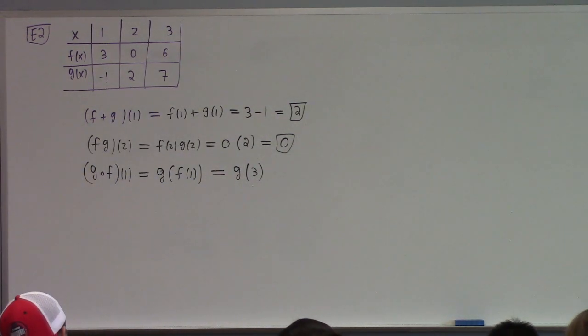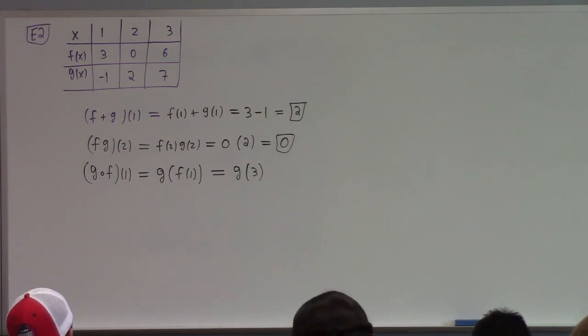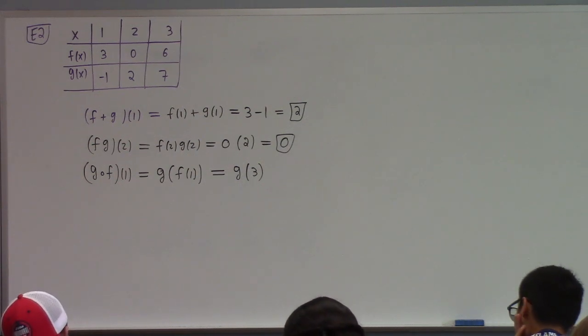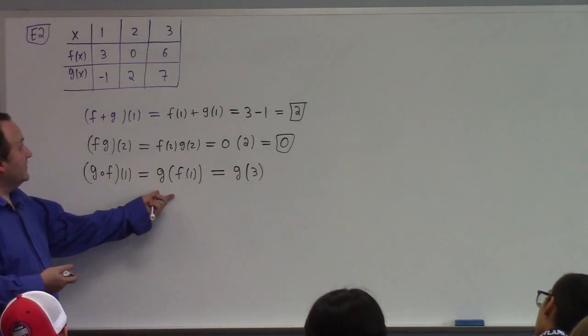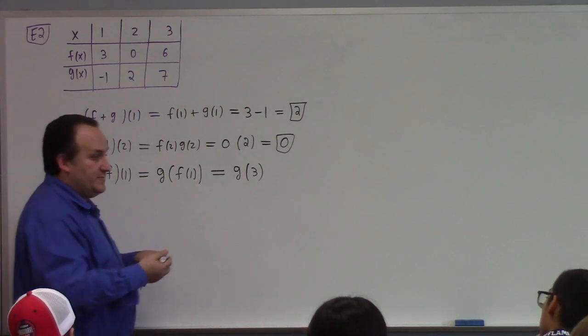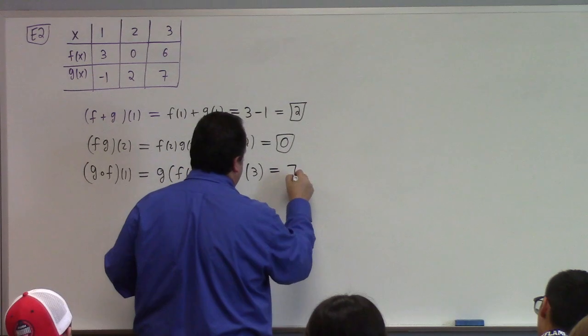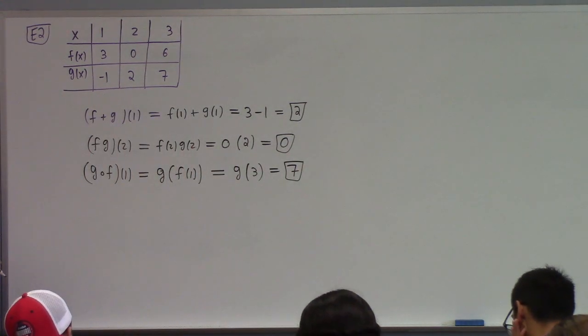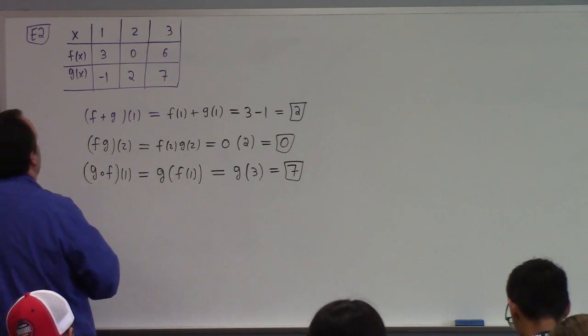So notice for the composite, we're not just taking the numbers in the table and multiplying, right? We actually have to think through which one goes to which one. It's not a sum or a difference or a product. You have to think through it. G of 3, which is 7, right? Correct. And let's see here. How about